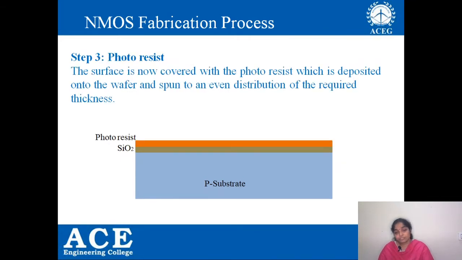Now after formation of the thick oxide layer, we are going to apply a photoresist layer. This photoresist is in liquid form. And how do you get this photoresist layer on the total surface of the substrate? If you pour a few drops of photoresist and spin the substrate, the photoresist will be evenly spread on the total surface area of the silicon dioxide layer, right? In that way you get the photoresist layer.